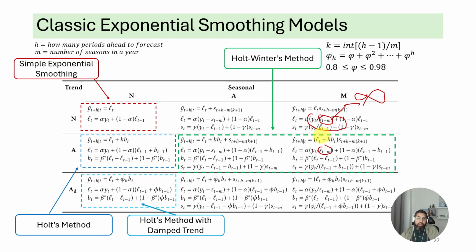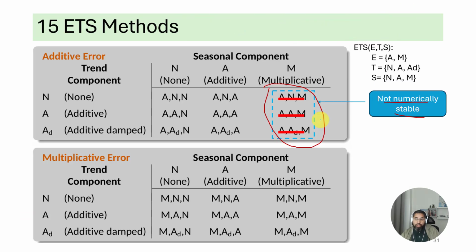And if S is a very small number going to 0, this division causes this to blow up to infinity, right? Because when you divide by 0, you get infinity, right? So if you have very small sales values or zeros in your data, sometimes S becomes 0 or close to 0, and that destroys your forecasting because of the division by 0 issue, okay? So oftentimes people don't like to use multiplicative seasonality for that reason, okay? And so these 6 and the bottom 9, these 15, I guess if you look at what's left, you're left with 15 variations.